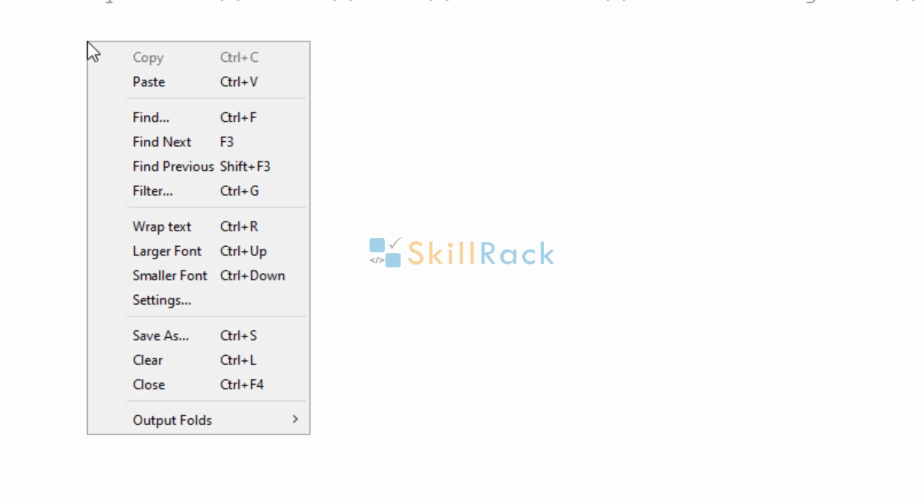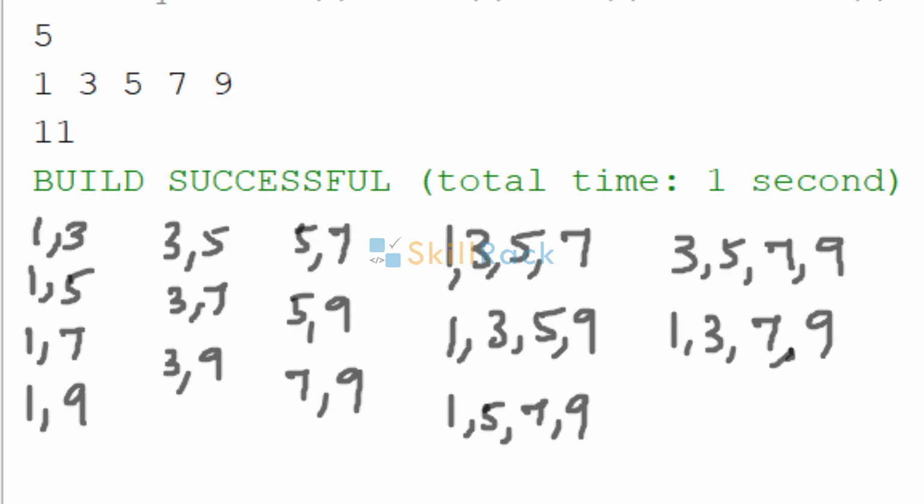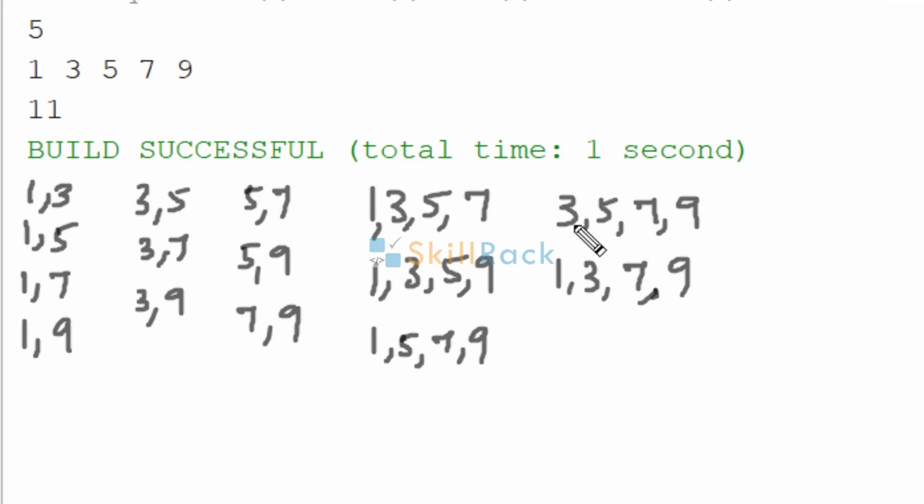So now let us execute a program where we are giving 20 values. You can see that it is finishing very fast. So we have given a third example also. So here the output is 11. So the possible combinations are like this. So there are totally 4 plus 3, 7 plus 3, 10 and 15 combinations are possible. But the output is 11 because some of the combinations yield the same value.